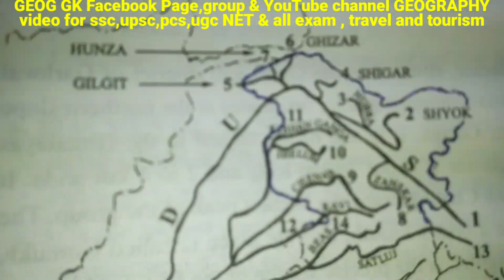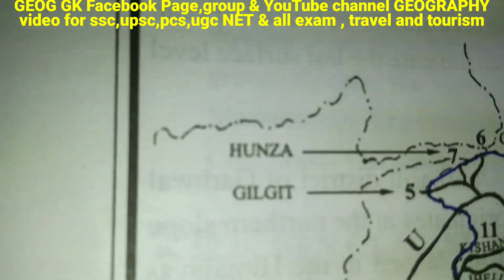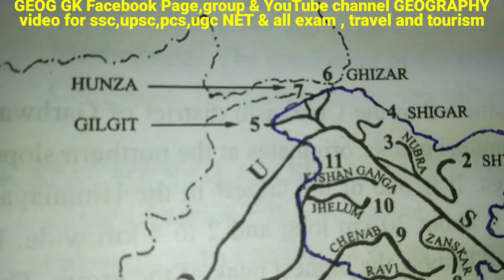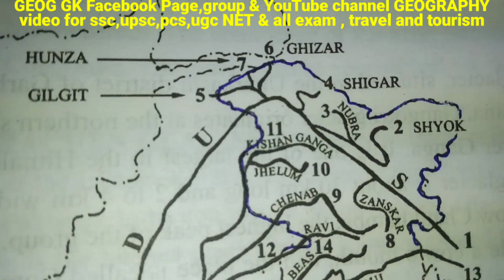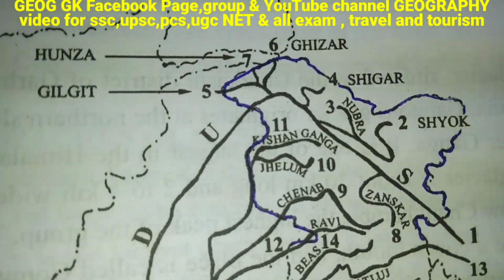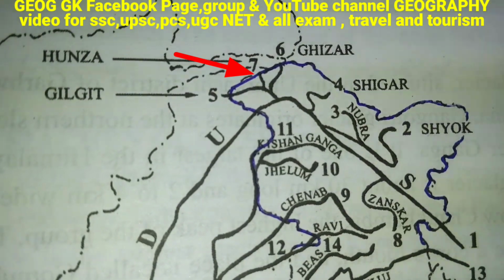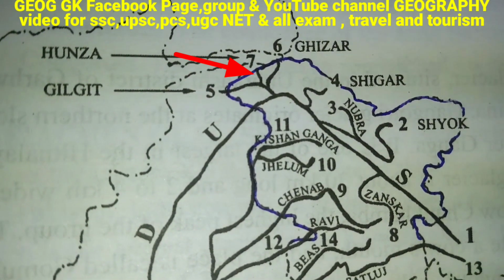7. Hunza. It is an important left bank tributary of the Gilgit River. It rises as the Kundera from a glacier north of the Karakoram Range in the northwestern part of J&K. It flows southeast and cuts across the Karakoram Range through a spectacular gorge. Downstream, the Hunza River follows a southwesterly direction in its middle course.